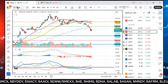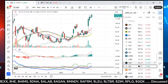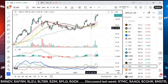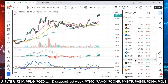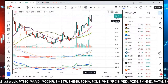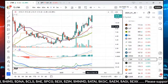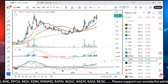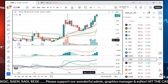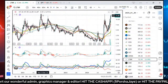The other one was LEU. Okay, so one of those nuclear stocks, LEU, which had earnings on Friday, still doing okay. It's holding. It's definitely holding. All right. And then you have LTBR. Ooh, okay. So after 2 days of pullbacks, so a little bit, slight pullbacks, then it pumped right back up. Beautiful, beautiful. So this thing's up 23% right now. Very risky stock, I would say. But if you look long term, the way it's building this nice base here, so if it can break out at 13,